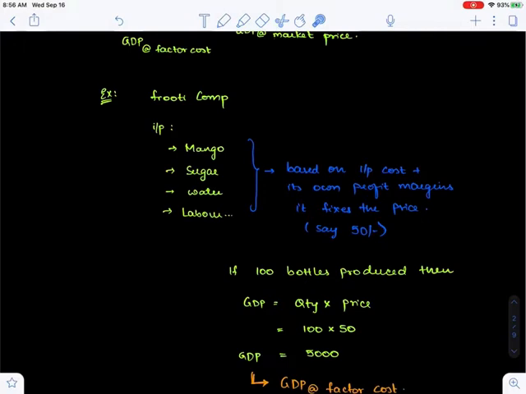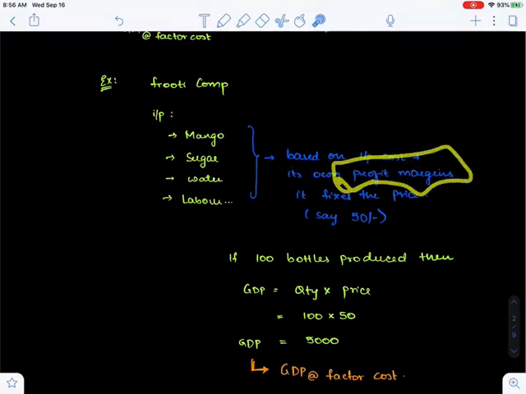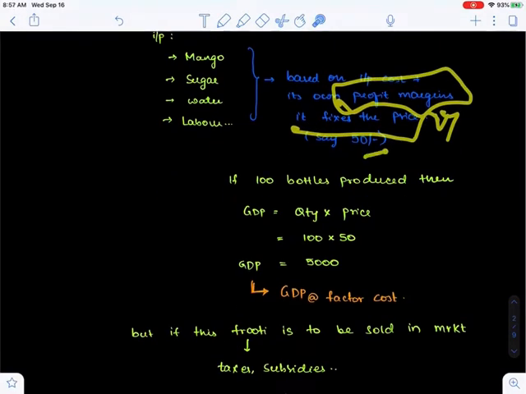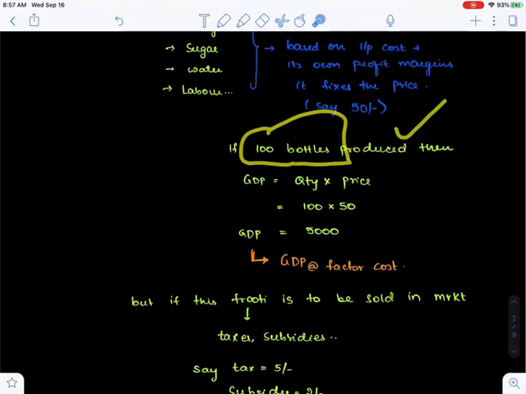Let's understand this with an example. Say there is a fruity company, and all the inputs that it needs are mango, sugar, water, labor, etc. Everything will have its own price. So based upon the input cost and the company's own profit margins, it sets a particular price for fruity. Say it's 50. And say if 100 bottles are produced by the company, then the GDP